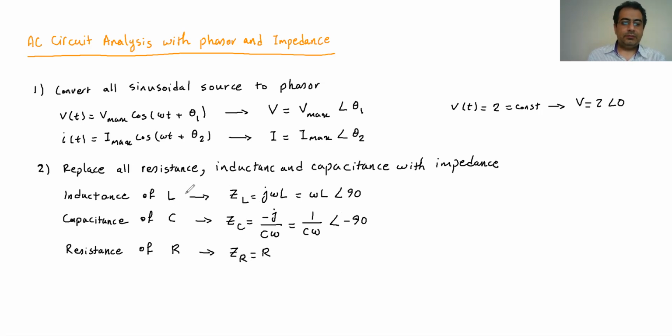So then we have the new circuit where the sources are written as a phasor, and the inductance, capacitance, and resistance are written as impedance. When we have the new circuit with the phasor and impedance, the third step is